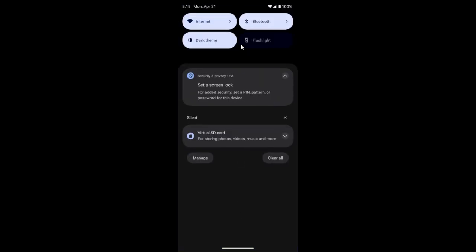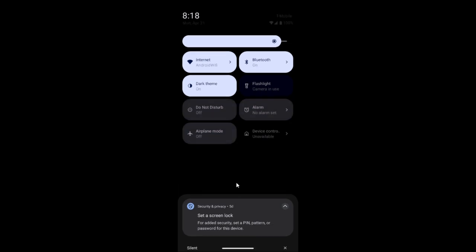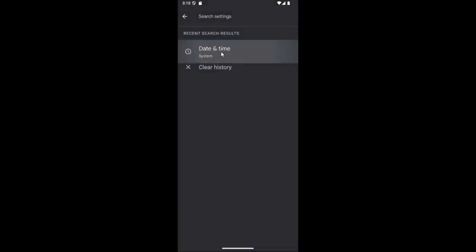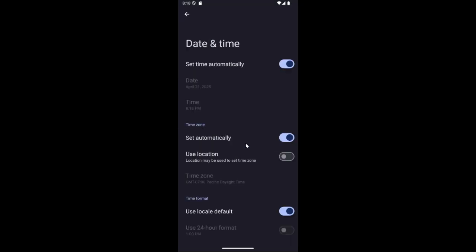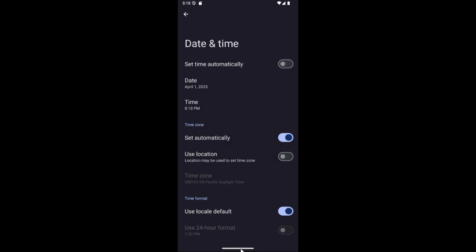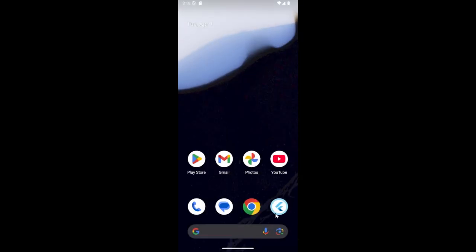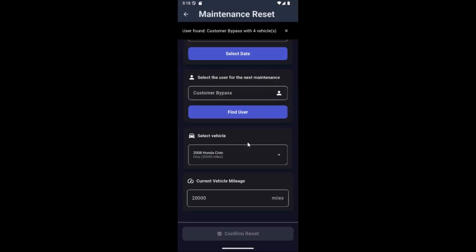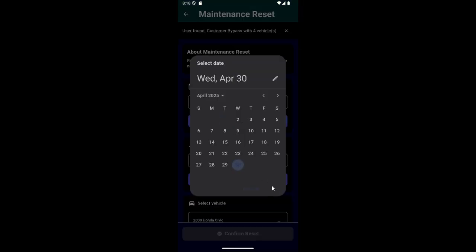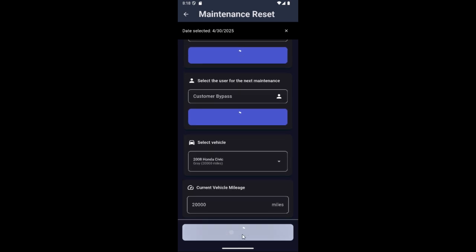I might want to go into my settings before this as well and set a new date time to ensure that I am not on my current time and can properly check how long until the next appointment. So let's say it's April 1st right here. I go over to this and I set the date for April 30th. I can click confirm